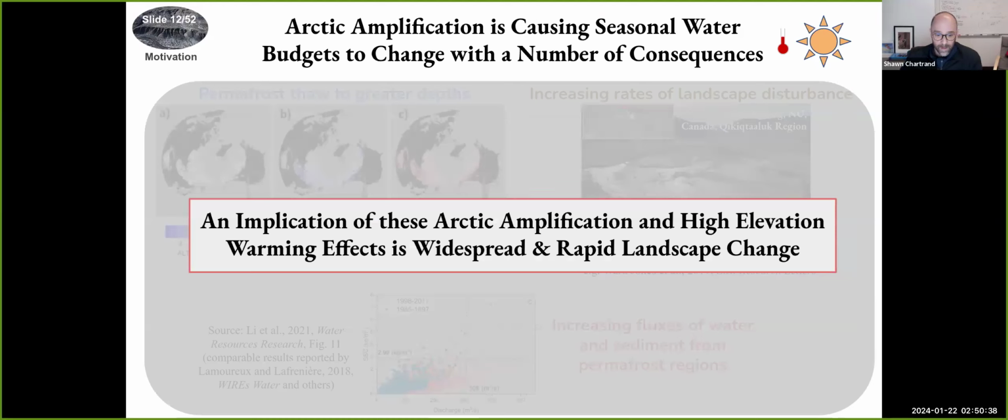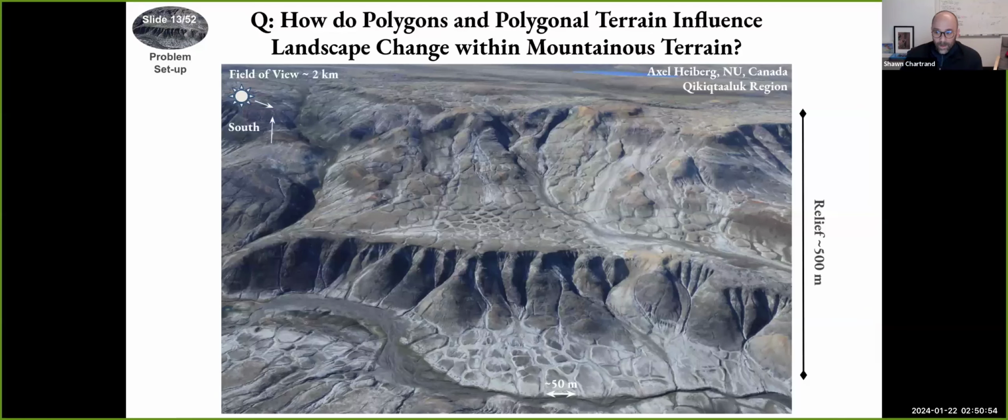And one of the main implications of this is widespread and rapid landscape change. And this is what our work partly documents on Axel Heiberg. And then through subsequent field seasons, we're starting to document similar effects on Devon Island as well. So, to set the technical problem with the development of erosional channel networks and thinking about polygons,